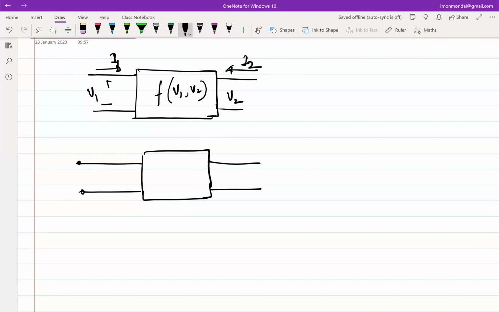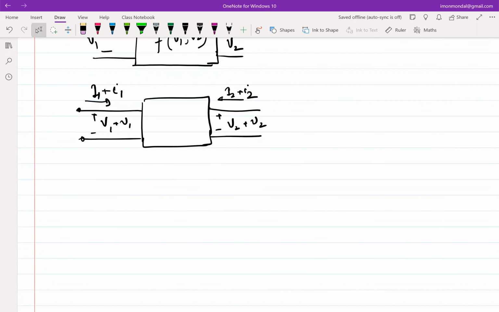So essentially what we did was we said this is V1 plus small v1, this is I1 plus this. And the relationship between the incrementals can be expressed as